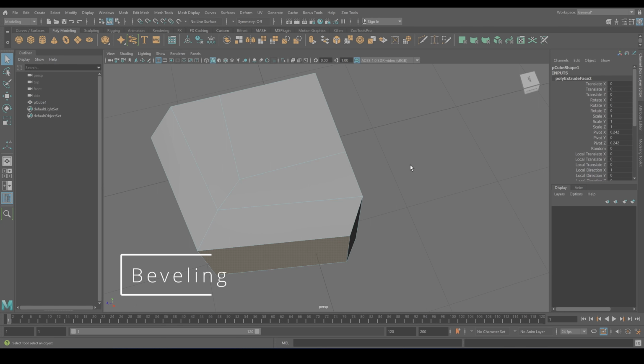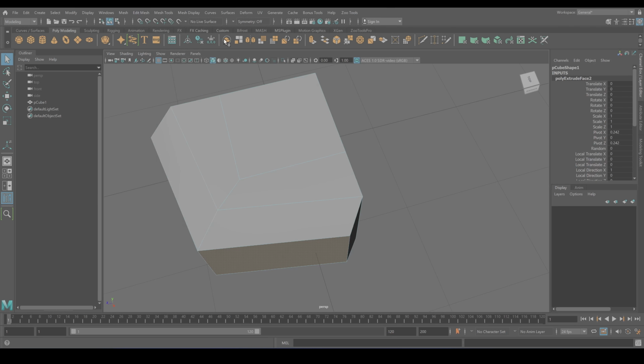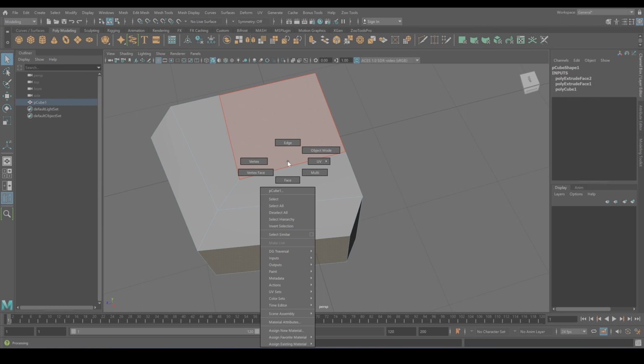So now let's move on to beveling. Beveling is a fantastic technique that smooths out hard edges by adding additional geometry. So this technique helps you create objects that look and feel more realistic because, let's face it, perfectly sharp edges are a rarity in the real world. So first, let's locate the bevel function. You can find it in two main places. One is under the Edit menu at the top, and the second one is in the Poly Modeling tab, available as this particular shelf. Great.